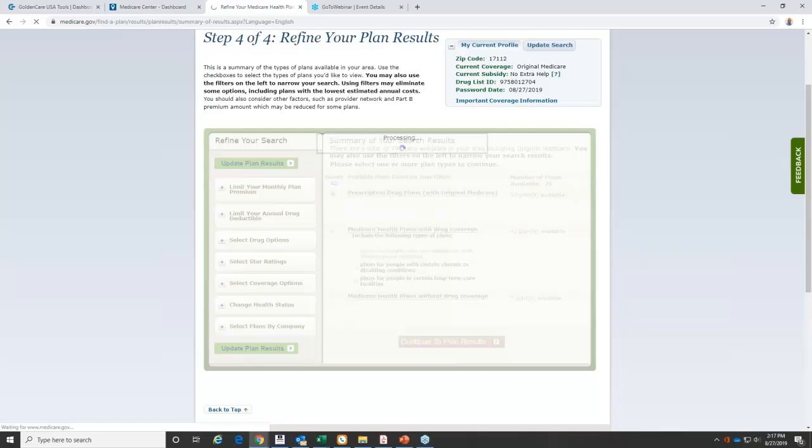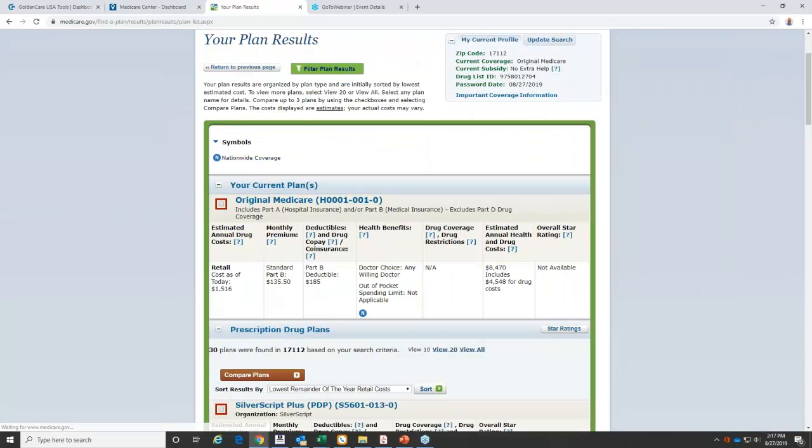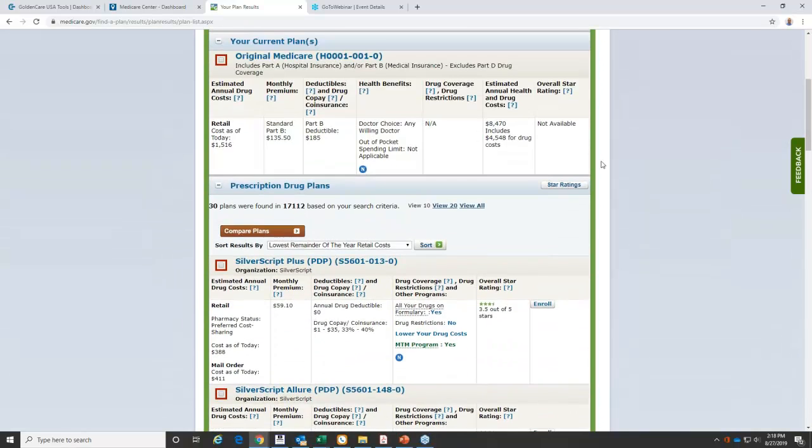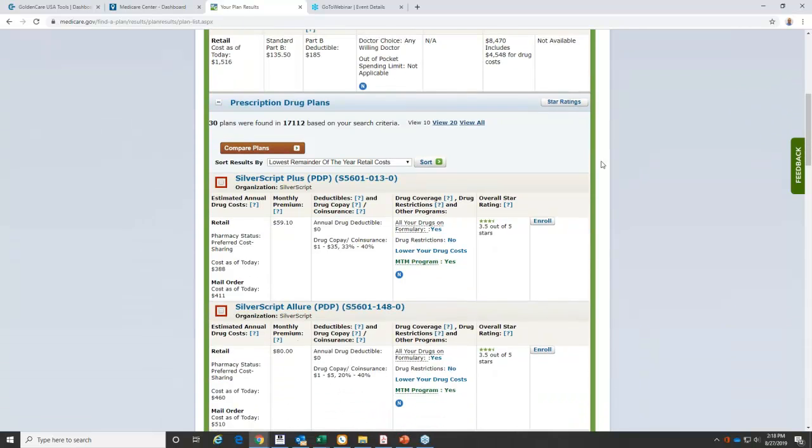Okay, so now when I'm with that client, they gave me their 4 drugs. I can tell them now, not a guess here. I always tell people, look, we don't have to guess at your drug coverage. We can actually tell you what drugs you need based on what you give me here. And so the retail cost of your drugs is going to be $1,500. So with these particular drug plans, as I look at these, based on the meds you gave me,